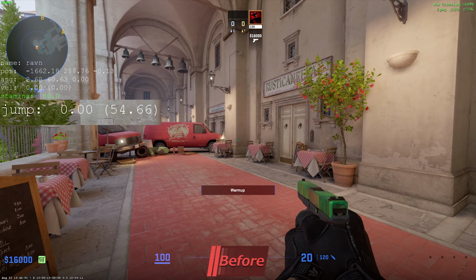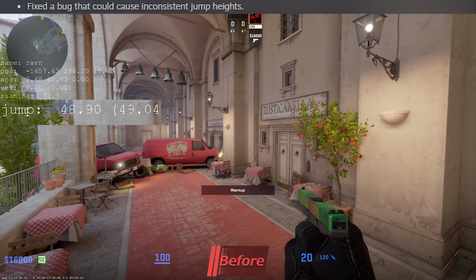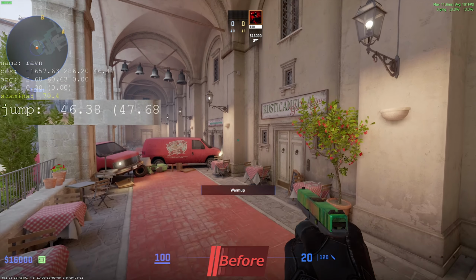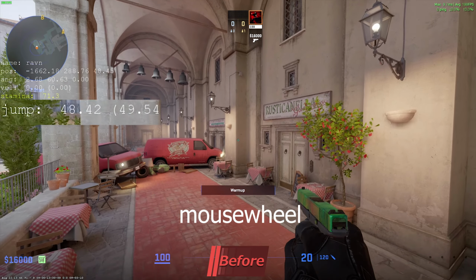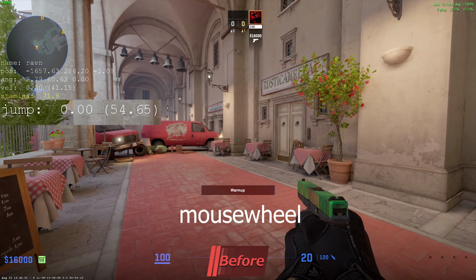Alongside this, they also fixed a bug that could cause inconsistent jump heights, which you can see on screen right now. Prior to this update, the jump height was always slightly inconsistent, but these larger inconsistencies only appeared when using the mouse wheel to jump. When using the spacebar to jump, these values were around 0.66 to 0.67. In comparison to that, when using the mouse wheel, these values could range between 0.64 to 0.68,